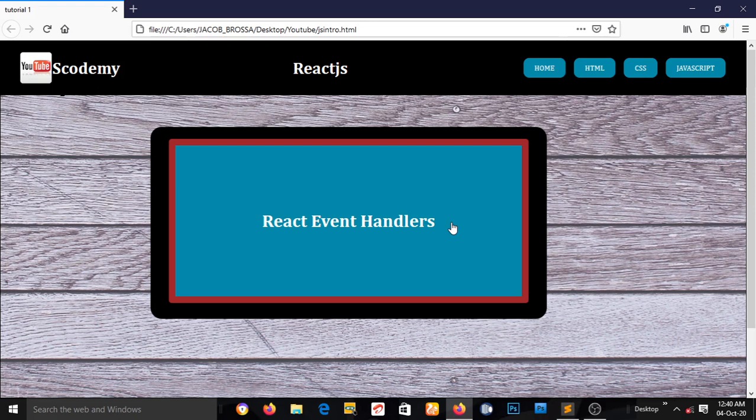In this video, we'll be looking at event handlers. Basically, event handlers are scripts that are executed whenever an event occurs, like when a user clicks on a button. Event handlers can be used to handle and verify user input, user actions, and stuff like that. Handling events with React is similar to plain HTML, but there are some syntax differences